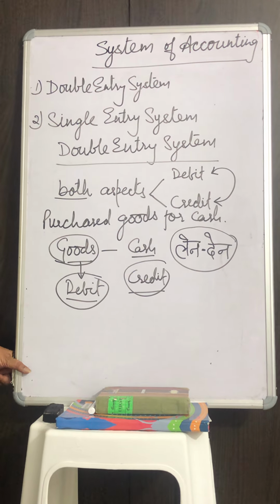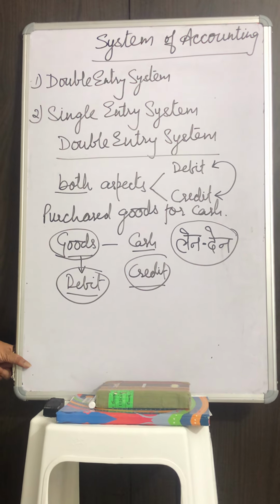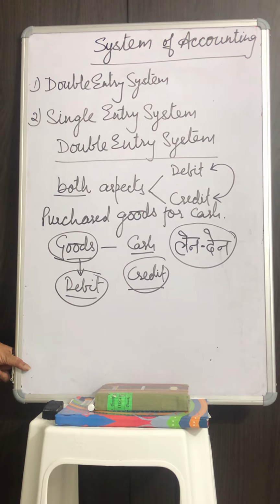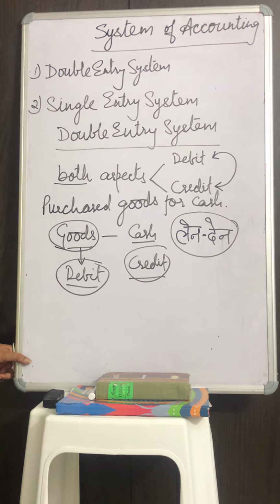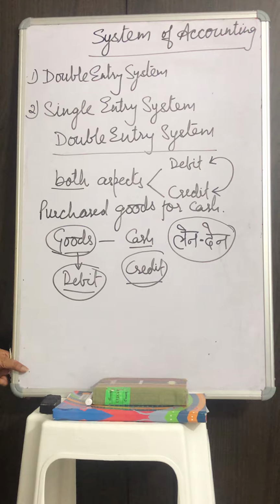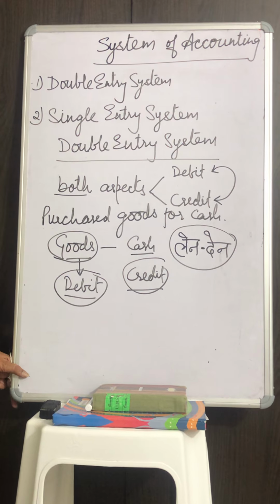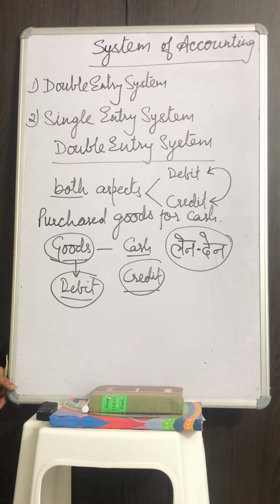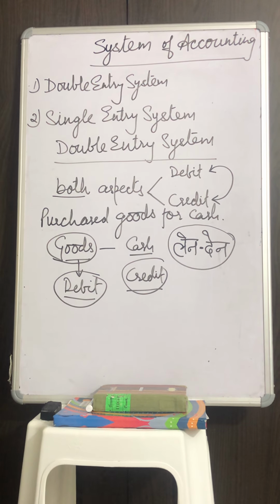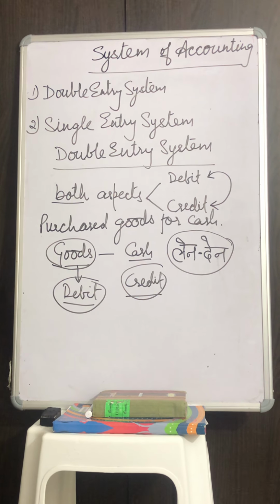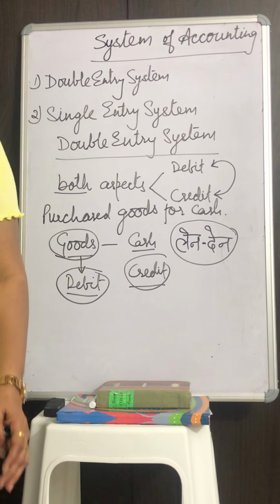So double entry system is where all the transactions are recorded, which includes both the aspects, or you can say that both the aspects of the transactions are to be recorded. So we can define the double entry system. That definition will be in your notes. The system which recognizes and